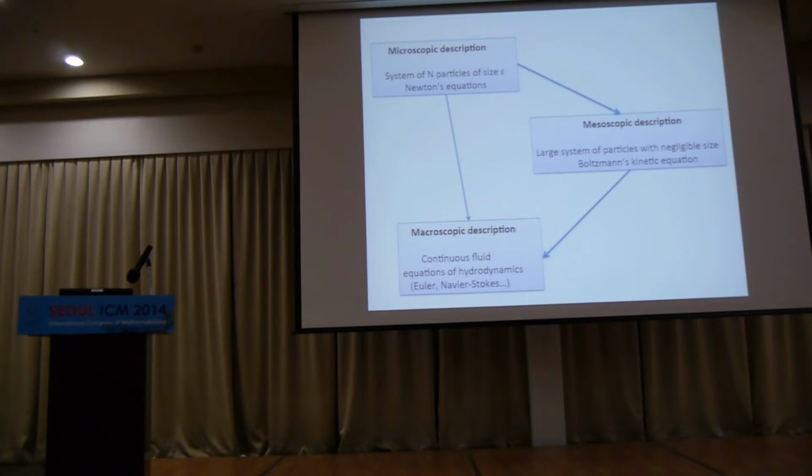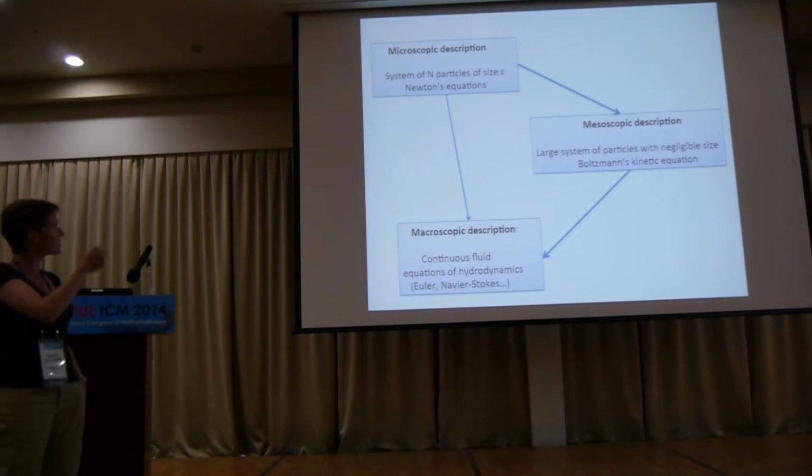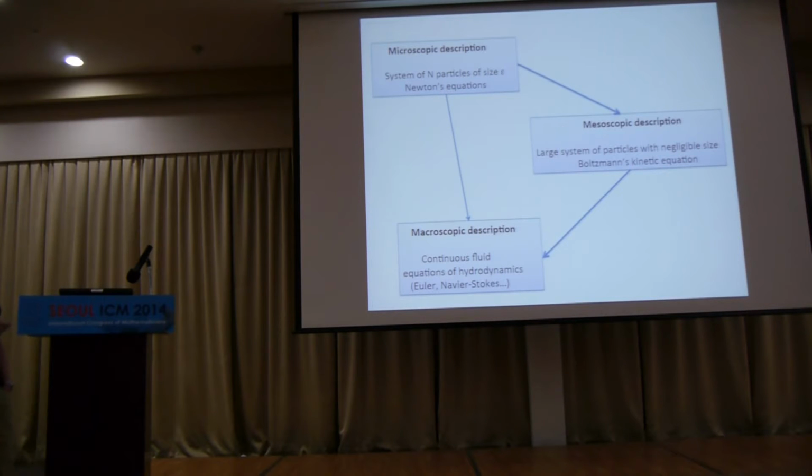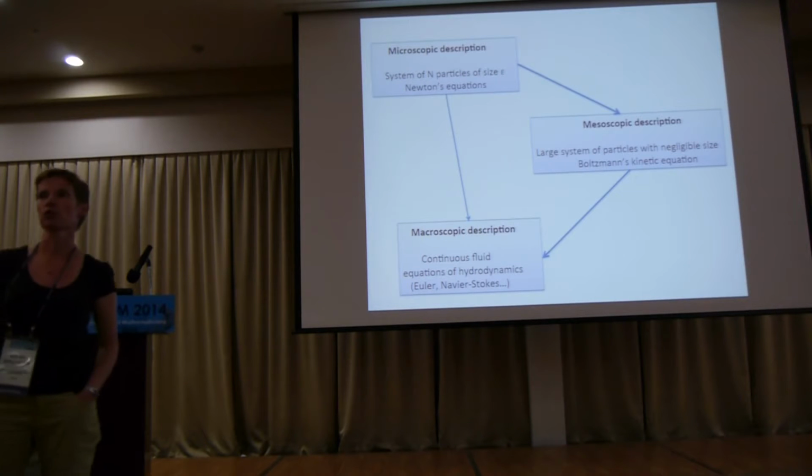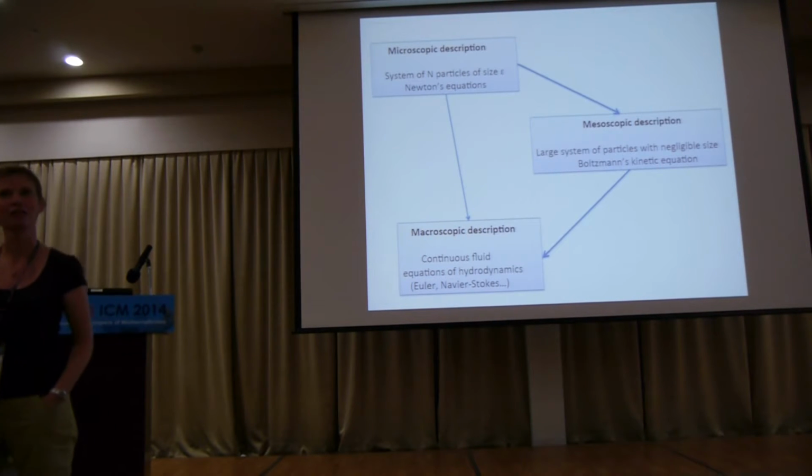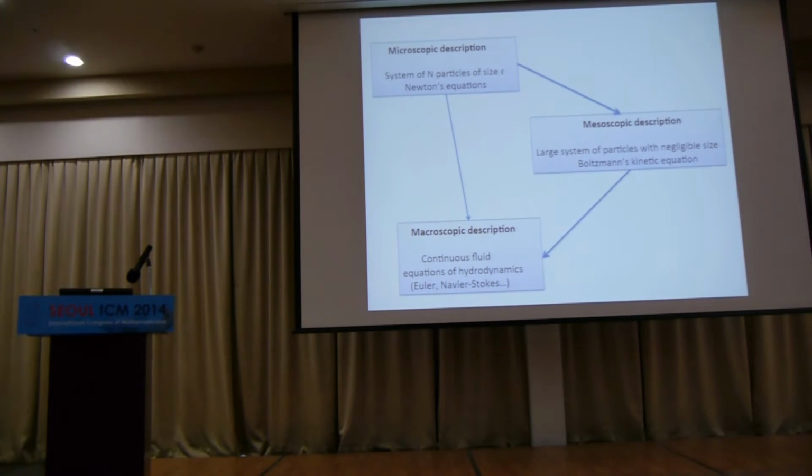Okay. So what you'd like to do is go from this microscopic description up there to the macroscopic description of fluid dynamics. So I'll be interested in the viscous equations, so I need time to be very large, as she told you. You have to rescale time as well, right? So you're going to assume that n goes to infinity, epsilon goes to 0, and that the mean free path, which is 1 over alpha, where alpha was mentioned before, is going to 0.